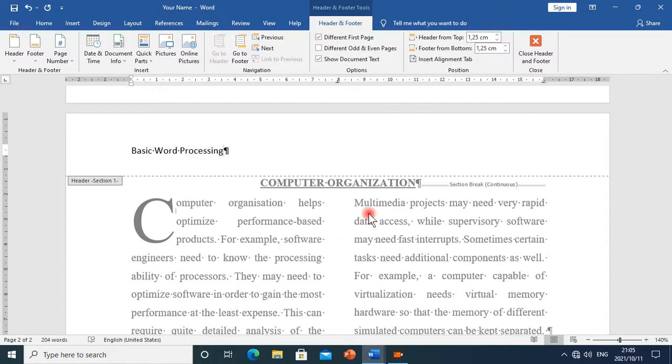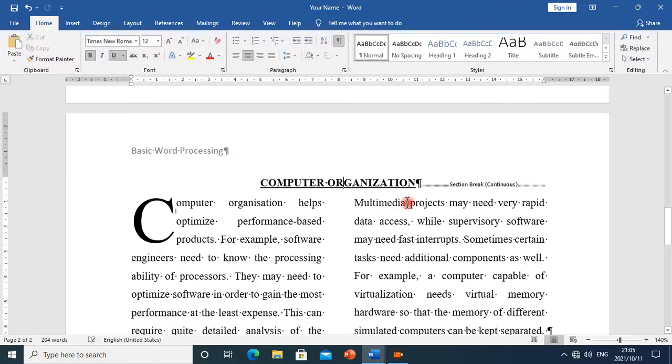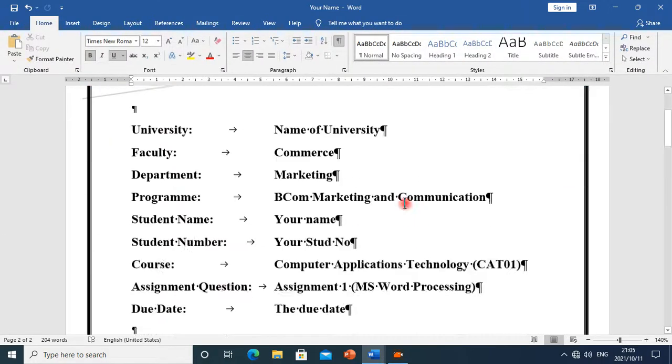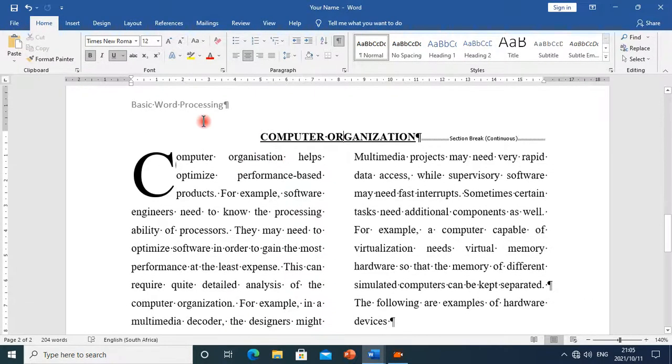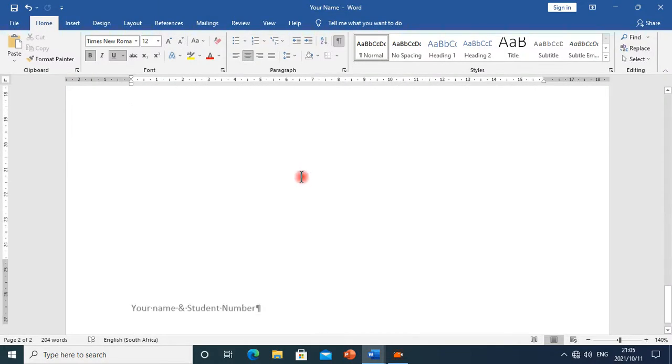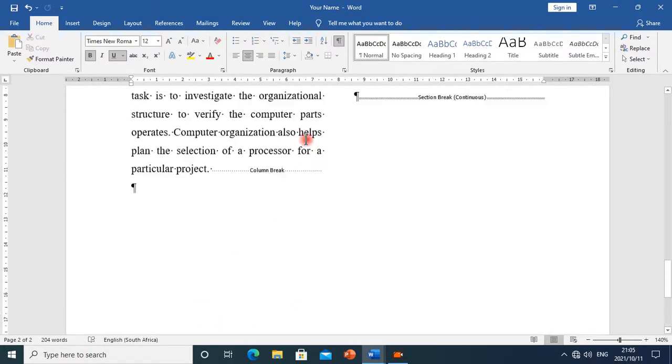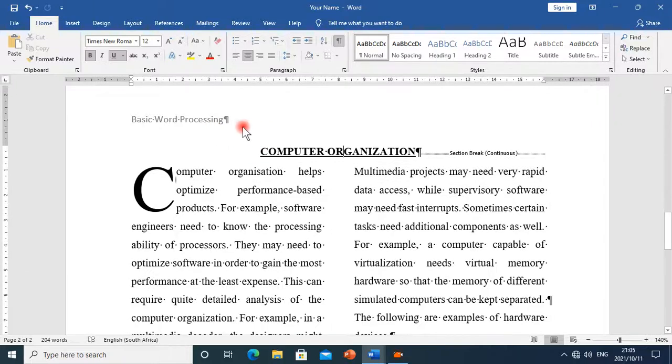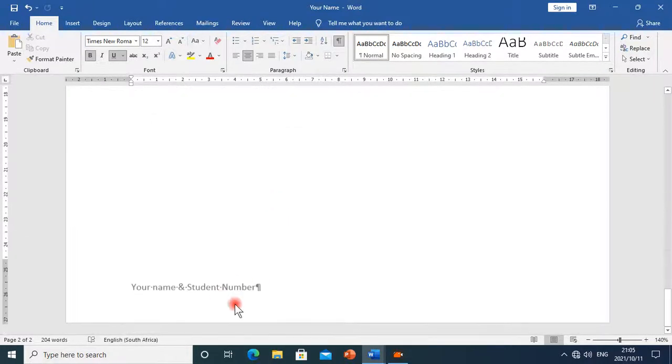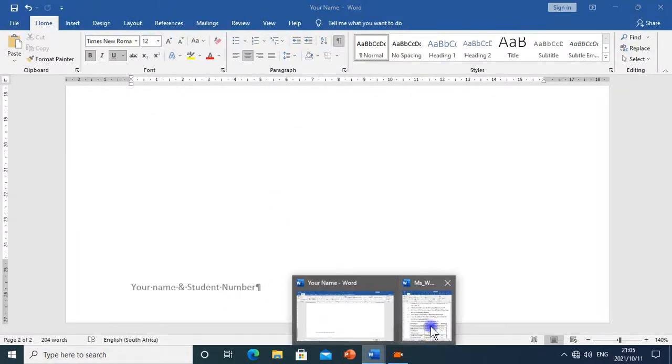This is the other method that you can use to insert your footer and your header as well. Okay, now this is what you have. As you can see, you have your header, you have your footer. The header is at the top of your page, the footer is at the bottom of your page. Okay, now